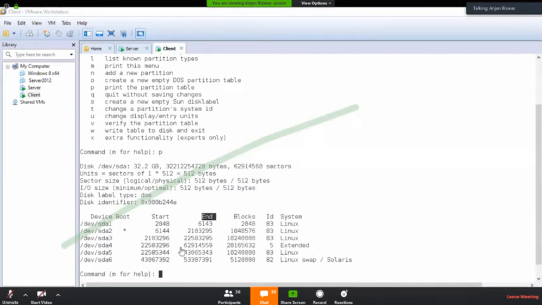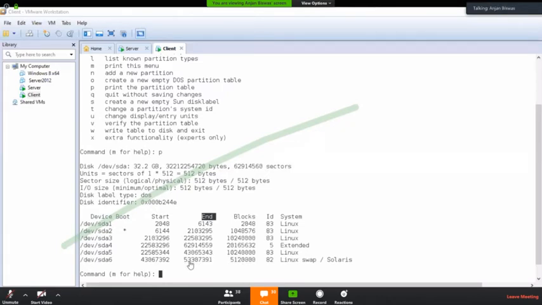The extended partition has started from here to here, and under the extended partition these two are the logical partitions. These two are the logical partitions it has made, and the last logical partition has ended here.